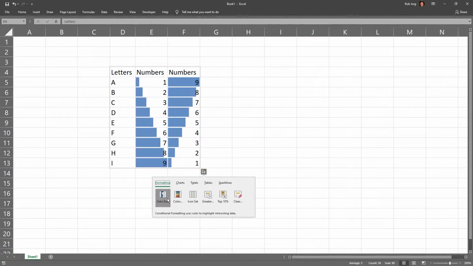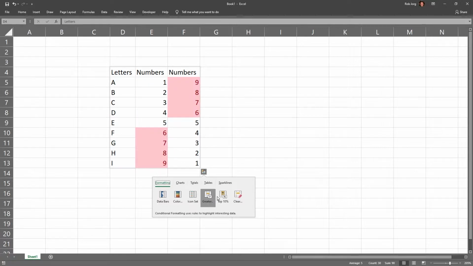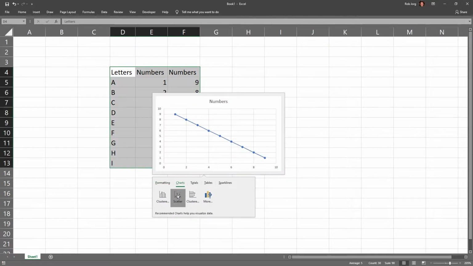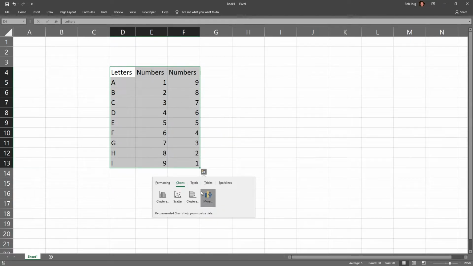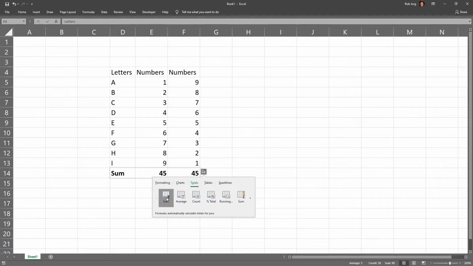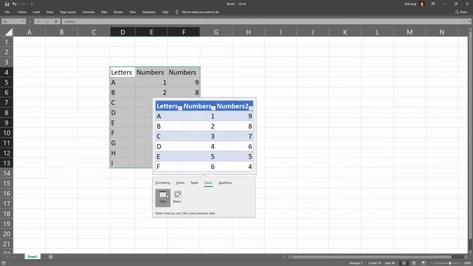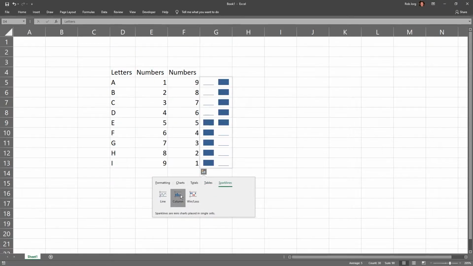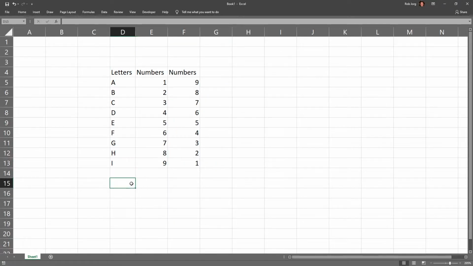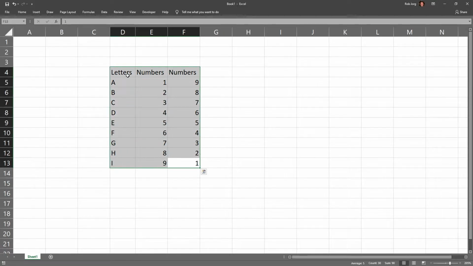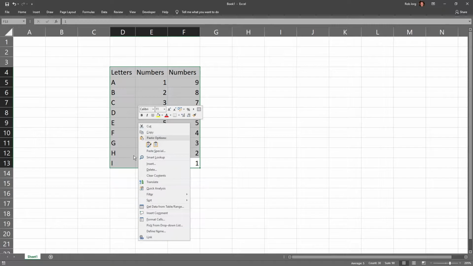It will show you different formattings, charts, different totals, tables, sparklines. The other way to get there, if you don't want to go through the menu, you can right click on your mouse button and you will find it here.